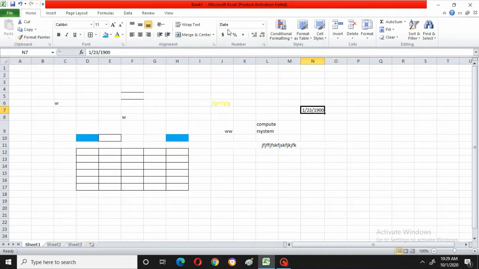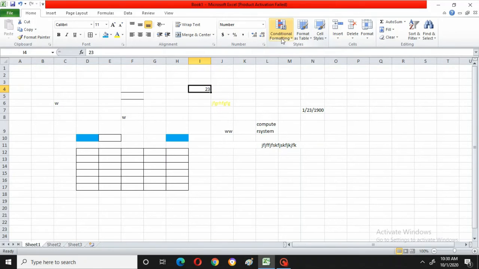Okay. Next, if you want dollar sign, you can use this. If you want percentage, you can use. If you want comma, you can use this. And here I will show you what happens. 23. Now I will give a click on it. See, you only observe the change. See, automatically it is adding zeros. If you don't want zeros, click here. Okay. Now this is about number.